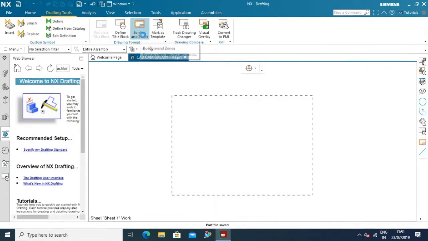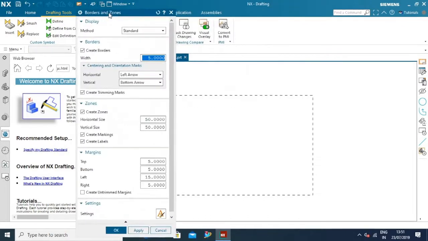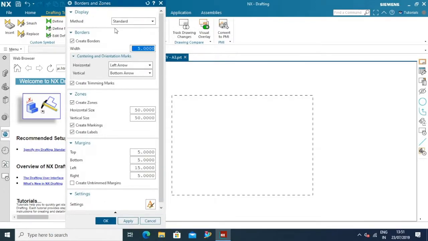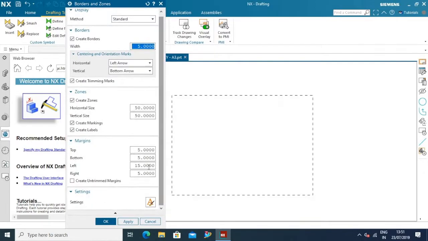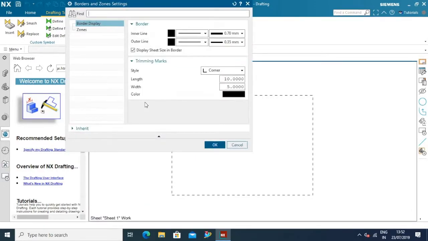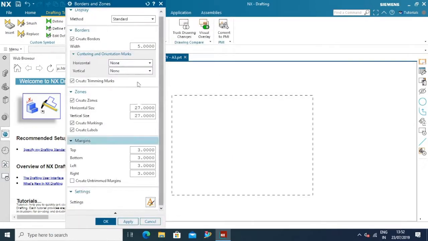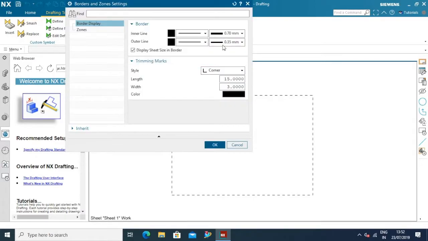Now here you can explore this command to get more idea about how this command works. Now basically what it's going to do is it's going to add borders, that is numerical values, and zones to this particular file. So I'm just defining some random values here, okay, based on my requirement and based on the set of zones I need. I'm doing some settings related to borders and zones. So what exact trimming marks I need, how exactly I need it. So all those settings I'm doing here, and once the settings are done, I can hit OK to save that particular setting.